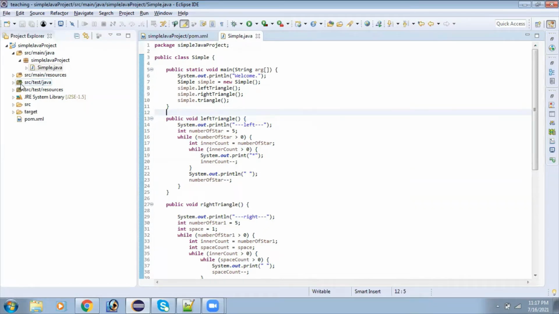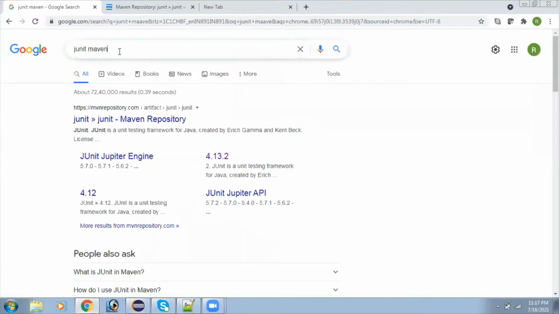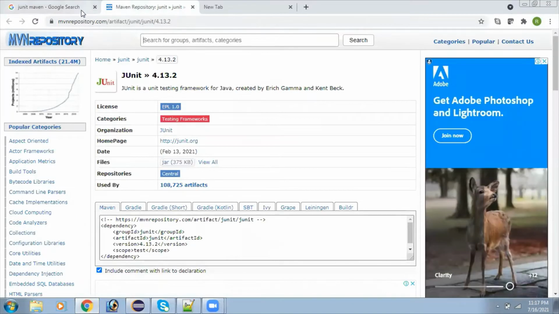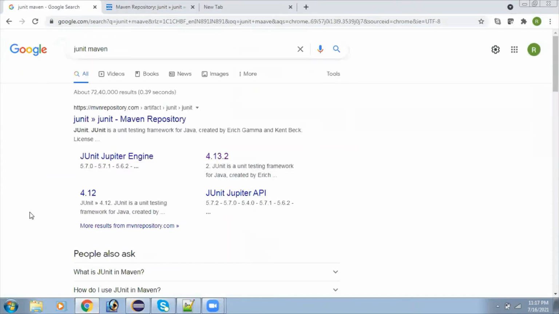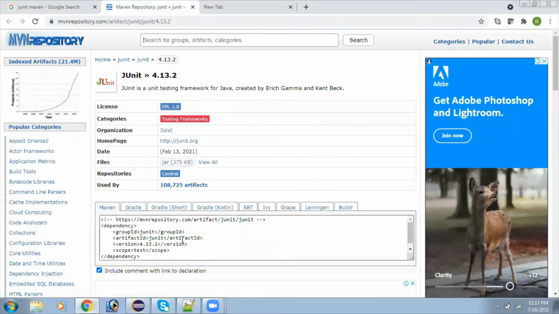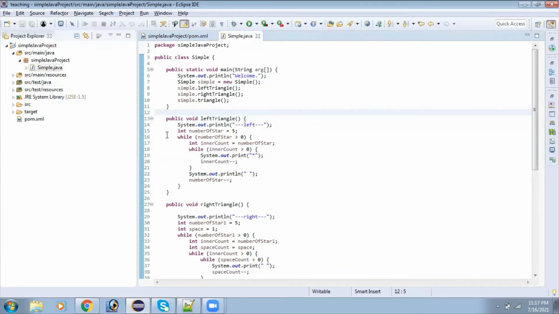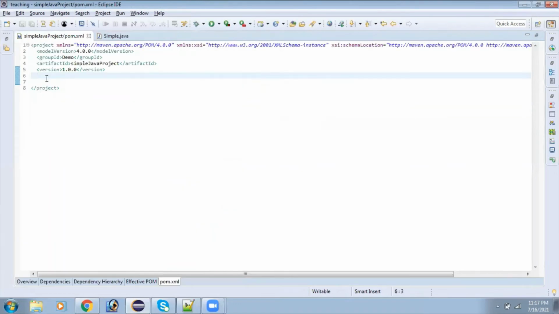What we have to do is go and Google JUnit Maven. When you search it, you will get the following search result, and pick that one. This is the Maven dependency, just copy it here and put it in the project.